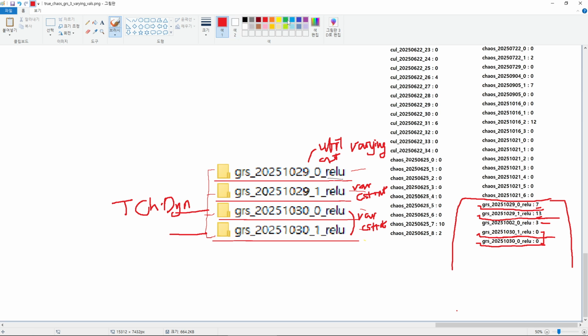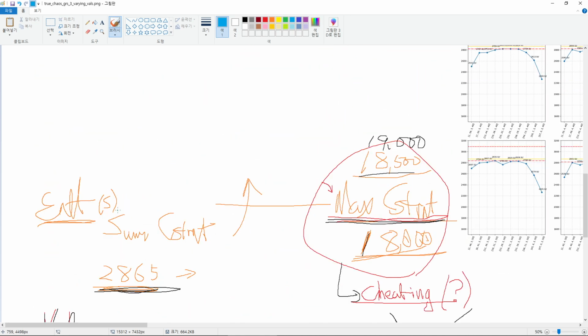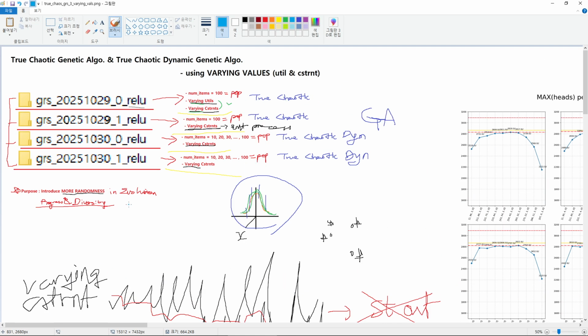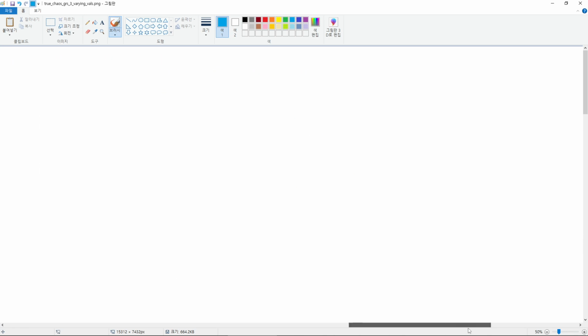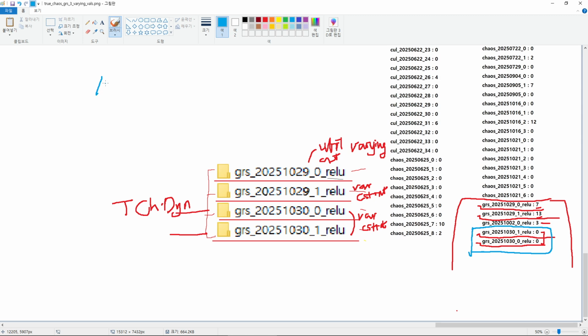Which, to be honest, is a disappointment, because the purpose, again, of this experiment was to introduce more randomness in evolution, keep progress or evolution and diversity, so that even when we have only 100 entities